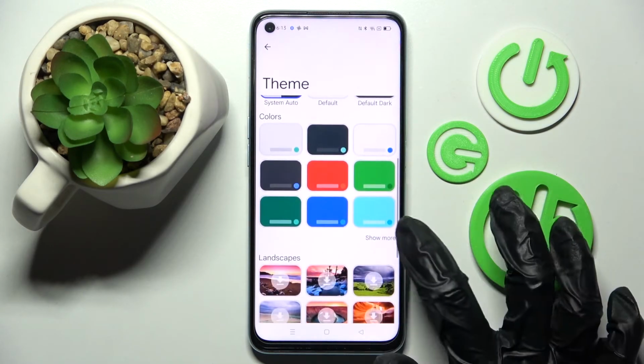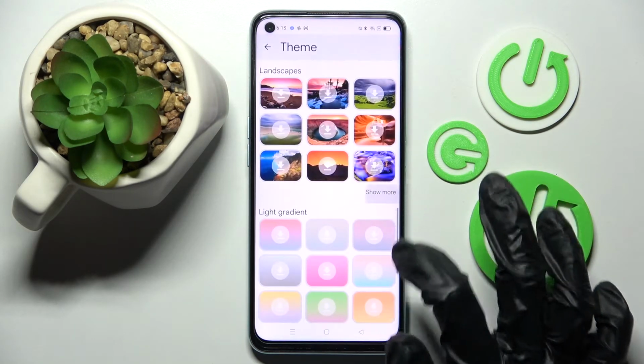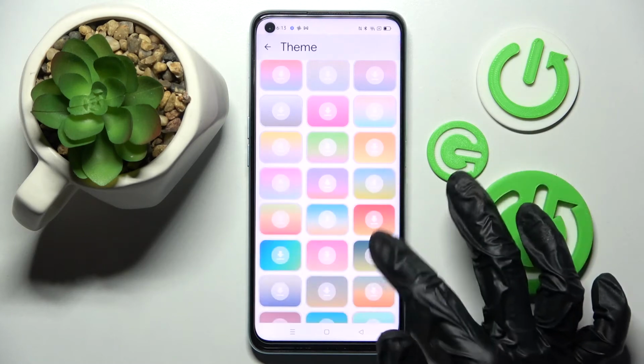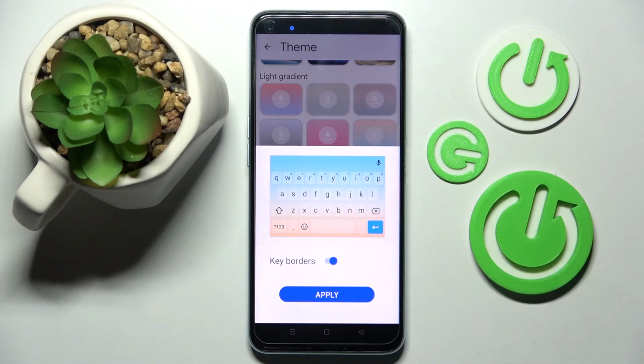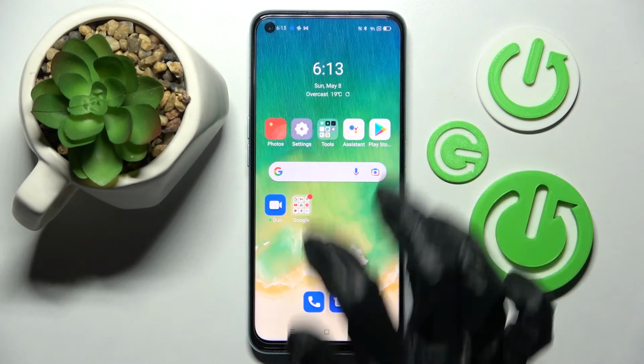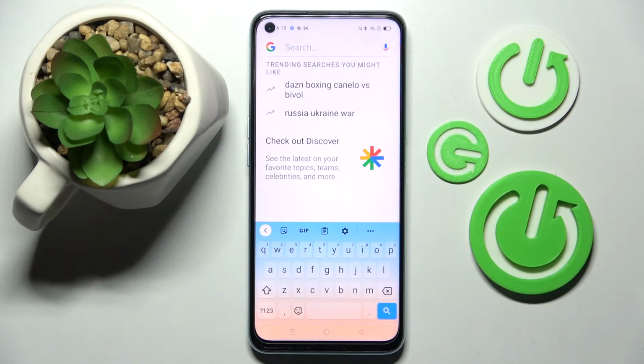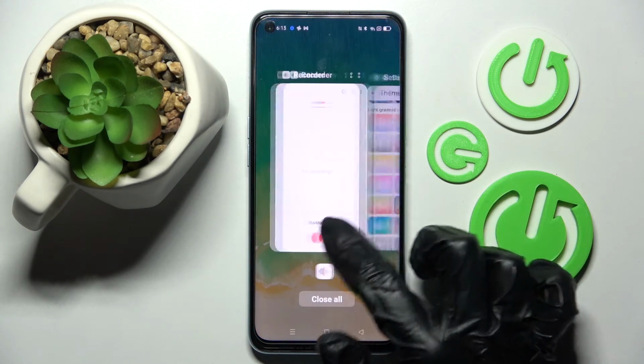Now you can click on Show More and see all available themes. When you're ready, tap on the best one for you, click on the switcher to enable all the key borders and tap on Apply. As you can see, theme of my keyboard has changed, but you can always go back into the same settings,